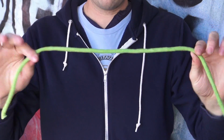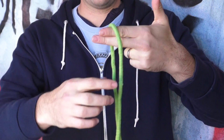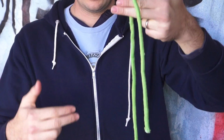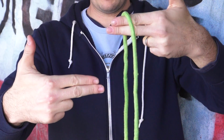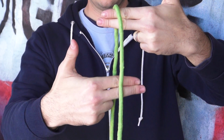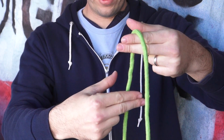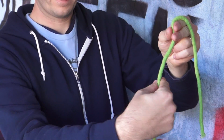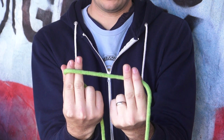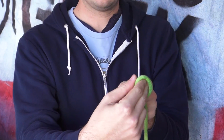I'm going to use some green rope to show you how to do this. You want to make a gun with your hand like this and drape the rope over it. You want less rope coming off the front than the back. And then underneath with your other hand, you're going to make the same configuration with your fingers. It goes in between the two pieces of rope. You're going to clip with your thumbs onto the rope, and then you're going to bring your hands up, and you're going to bring your right hand forward, and this makes sort of a figure 8 or an S shape